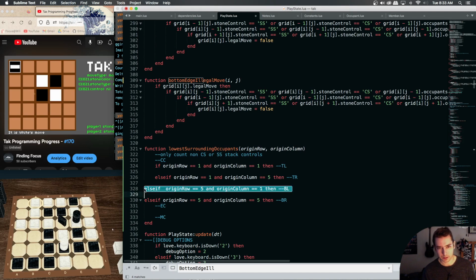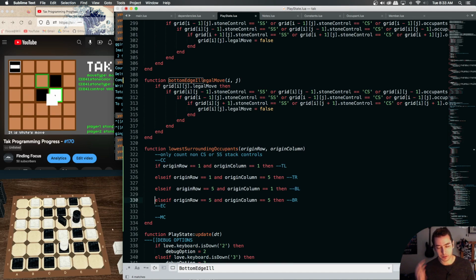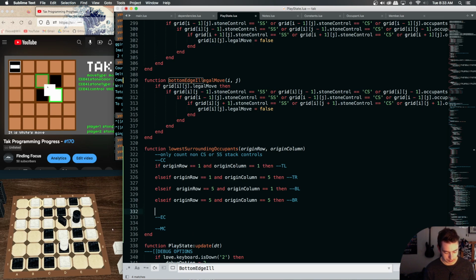And we need to do this because we need to know which grids to count, and if we accidentally count off the grid, it'll be nil and then it'll crash. So we have to do these edge cases. And we can end it here. So we know